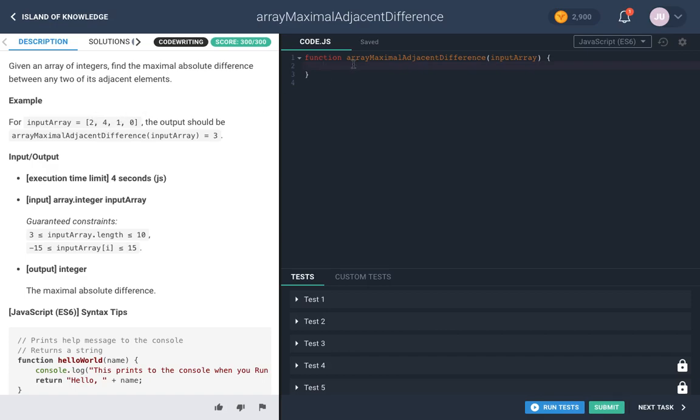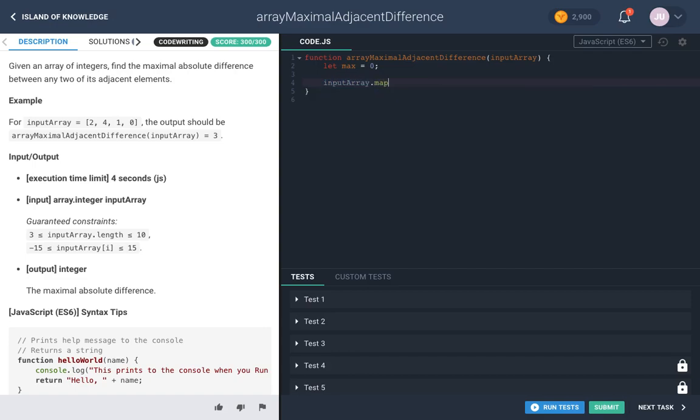So when we're looking for a max, let's do a counter variable, say let max equal to 0. And then we're going to use the map function that's on Array.prototype because we want to map over every item in this input array and check what the difference is between that item and the one adjacent to it. If it's the biggest difference we've seen so far, we're going to turn that into max, and then we'll return that max. Really straightforward. So we're going to say input array